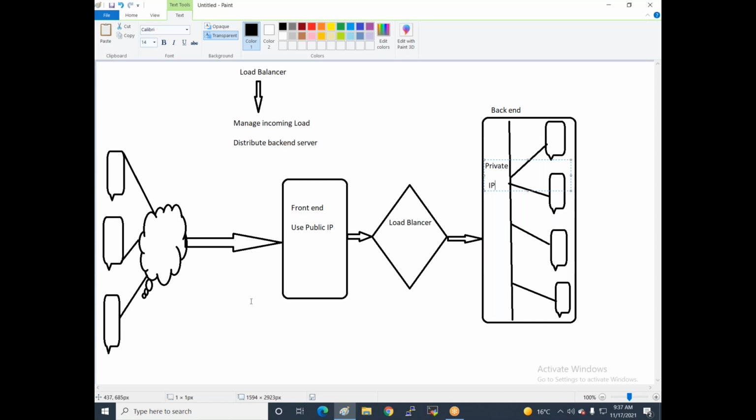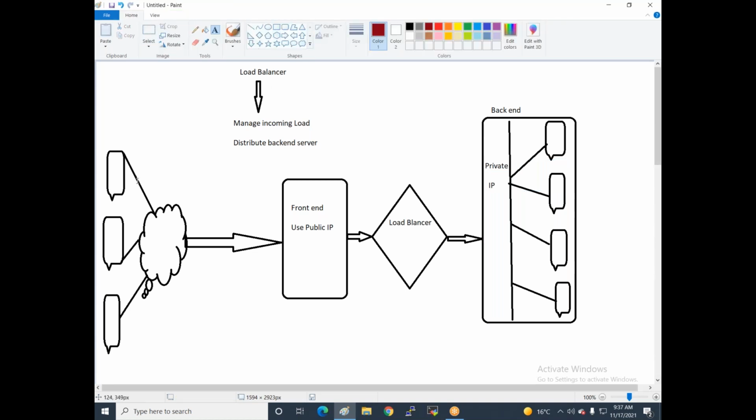My public request comes in through a public IP, and it arrives at the load balancer. The load balancer stops this request, generates a new request, and forwards it to the backend panel, to this particular server. Then this server responds to the request through the private IP, and the user receives the response and accesses the service. Got my point? Got it, yes.